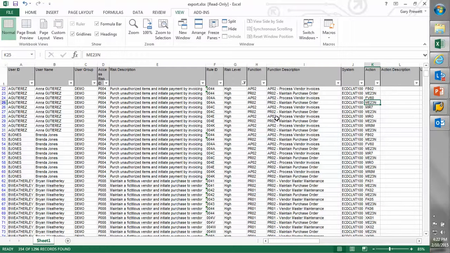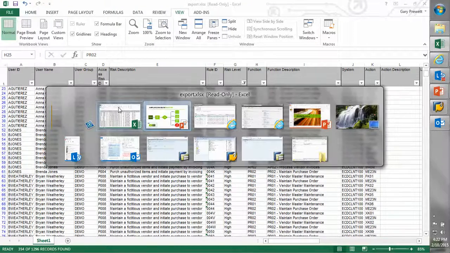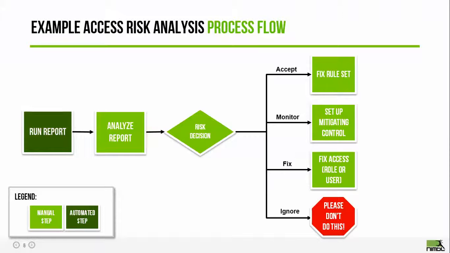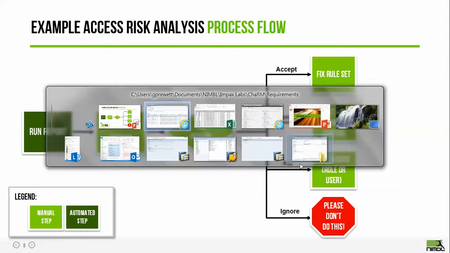In this particular case, I know that with ME23N, I cannot execute that and maintain or create a purchase order. This has been fixed in my system. So the step I might use here is to just remove ME23N from this function, maintain purchase orders, which would again prevent this risk from popping up in future reports. So that's one option that I have available to me. Let's go ahead and jump back here to fixing